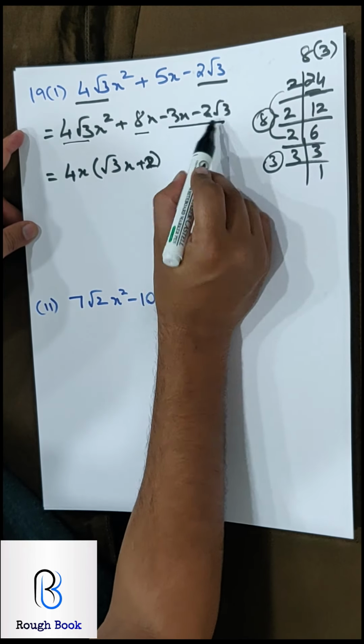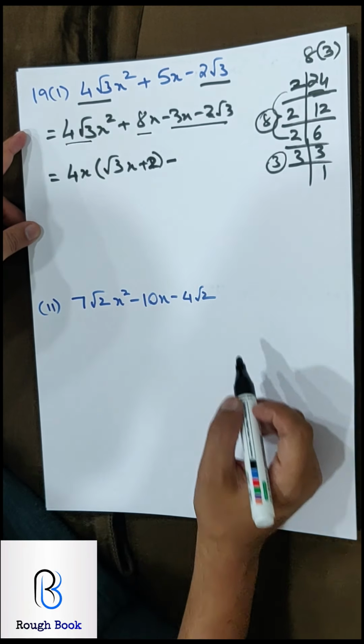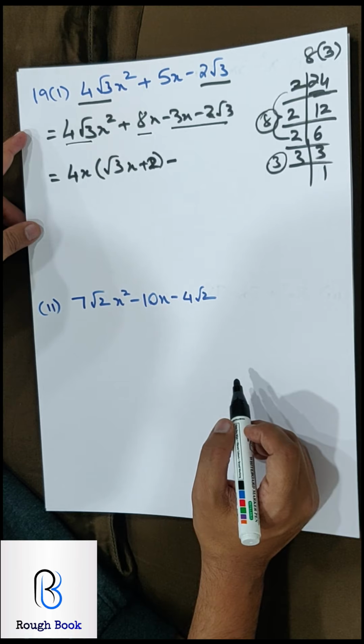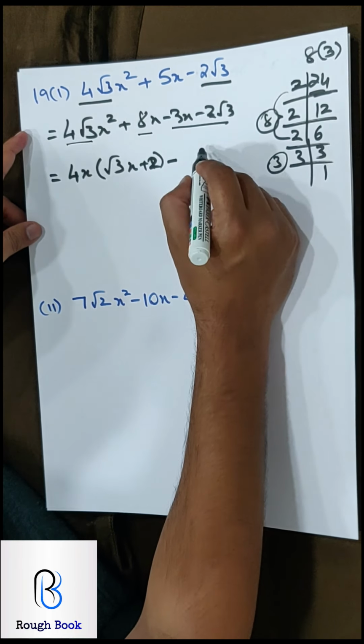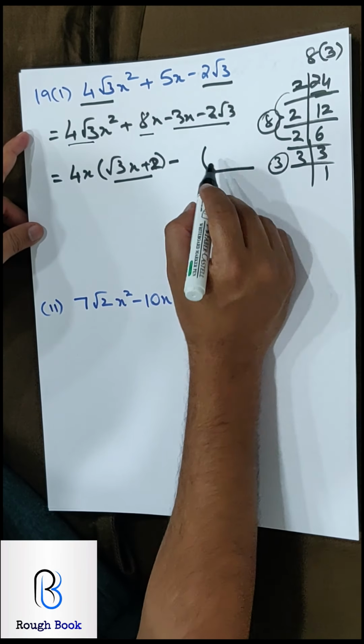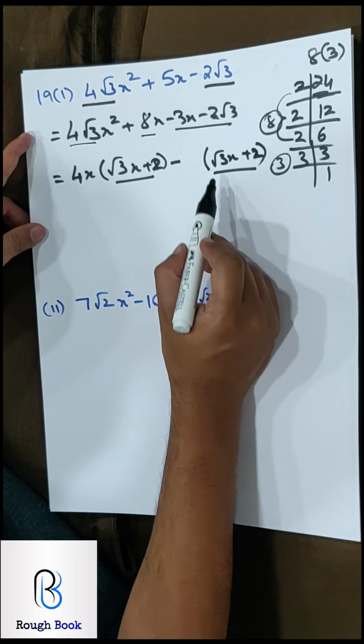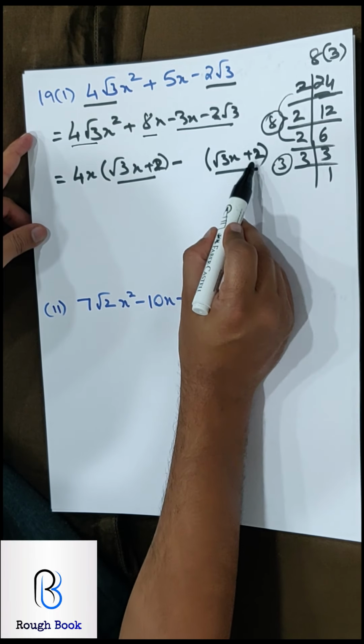Yeah. This side what is common? Only minus. But there is something else also common, which is very difficult to identify. So I'll ask you to cheat. This has to match here always. So write this here first. Root 3x plus 2. Now look at the second term. 2 has been pulled here.